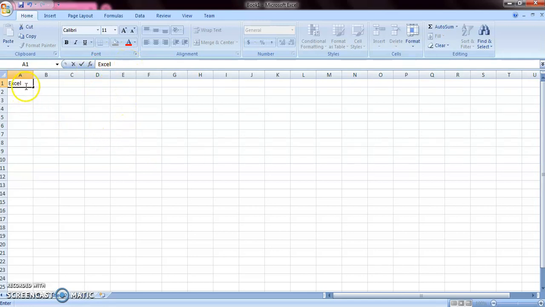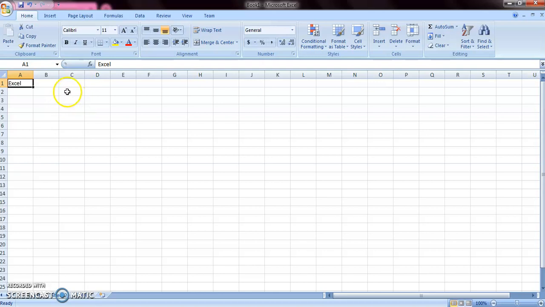To make this content entered in the cell, you have to click on this enter tick mark placed beside the formula bar, or you can press enter on your keyboard. And if you do not want to make this entry, if you want to cancel it, you can click on this cancel button, which is also located beside the formula bar. I want to make this entry happen, so I am going to click enter, and now this entry is placed in the A1 cell.